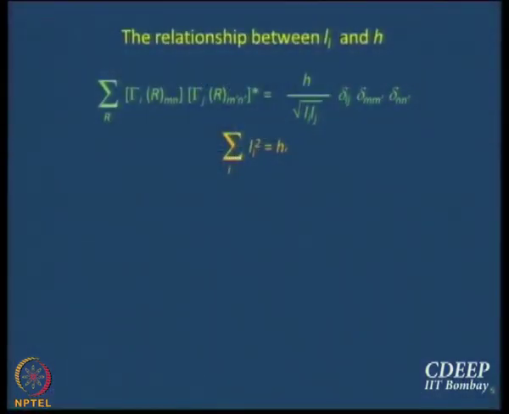I am making you say it out like school children, because if you miss one word here, then there is also a Kronecker delta. One word missing, delta equal to 0. Okay. So what is the relationship between the dimensionality of the matrices and h? h is the order, which is the total number of symmetry operations. This is the relationship, to cut a long story short: sum over i, li squared equals h. We might derive this also later on, but this is basically how the derivation comes. Do you agree with me that li squared is the number of orthogonal vectors that I get for the ith IR?